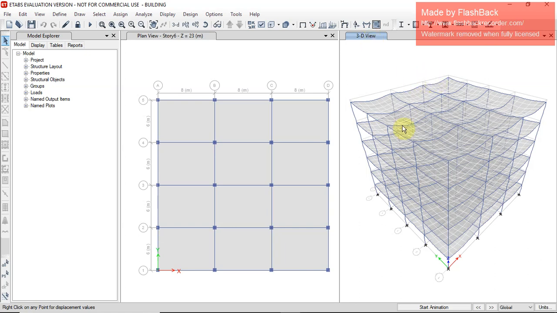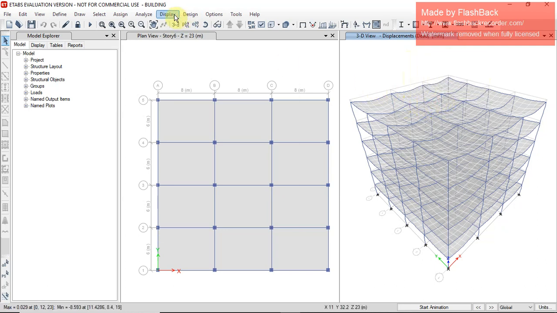You can see that there is a deflection or displacement in the 3D view. You can see the displacement and anything that you want.